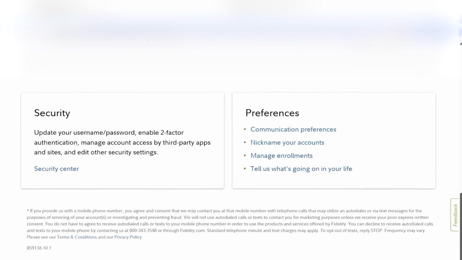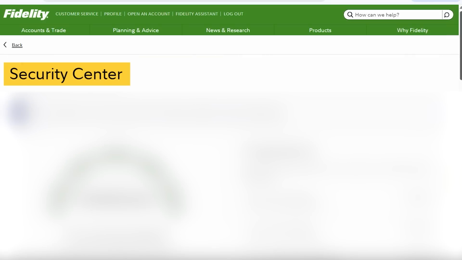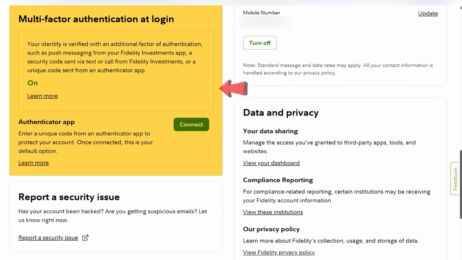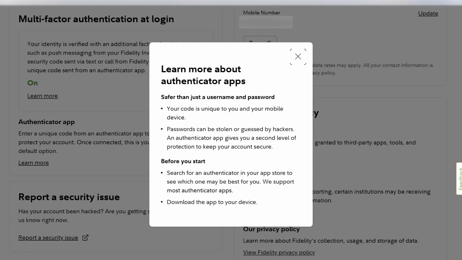Now we'll scroll down to the Security section and click on Security Center. And here we are at the Security Center page. Let's scroll down here to the multi-factor authentication at login section. And here you can see the Authenticator app option. Clicking on Learn More will bring up this box, which tells us why Fidelity offers this Authenticator app at login option. So, according to Fidelity, logging in via an Authenticator app is safer than just a username and password because